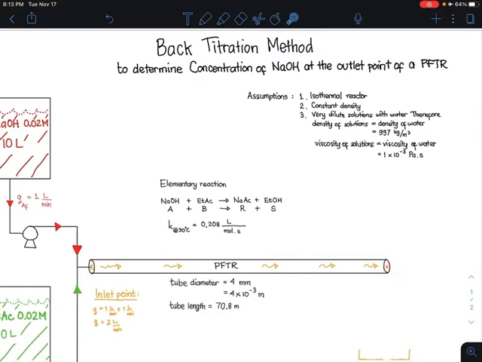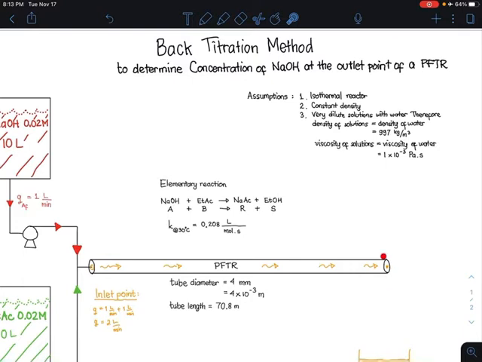There's also unreacted ethyl acetate. This unreacted sodium hydroxide and unreacted ethyl acetate will continuously react until reaching completion. We don't want that, because that will not give us the true concentration of sodium hydroxide at this point. So immediately, at this point, we have to stop the reaction between sodium hydroxide and ethyl acetate.